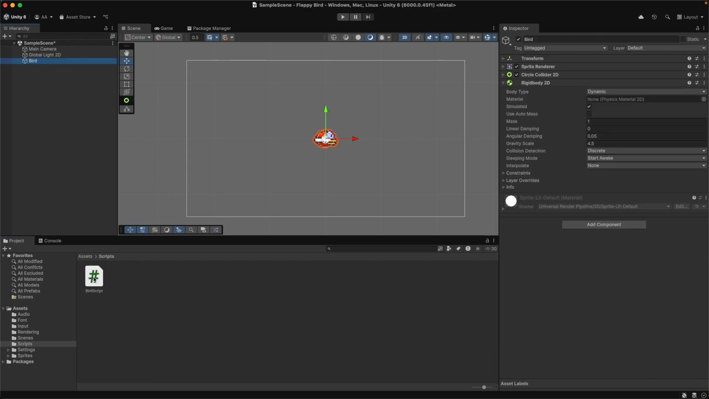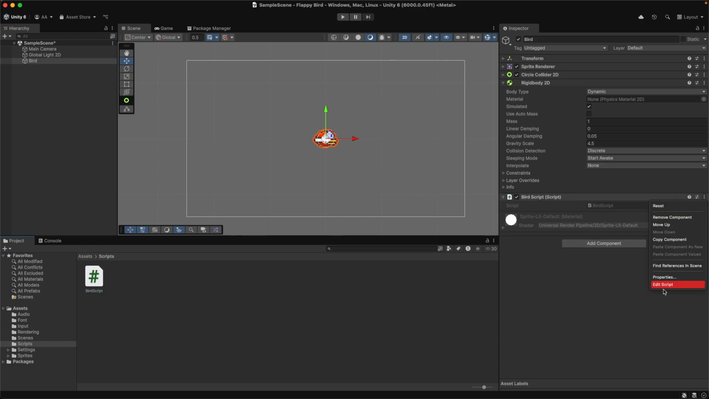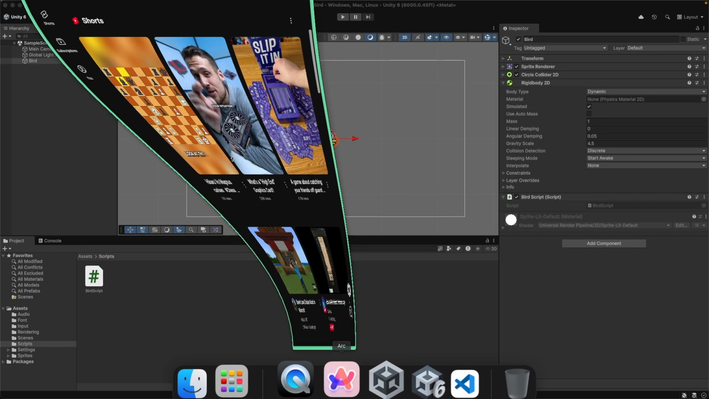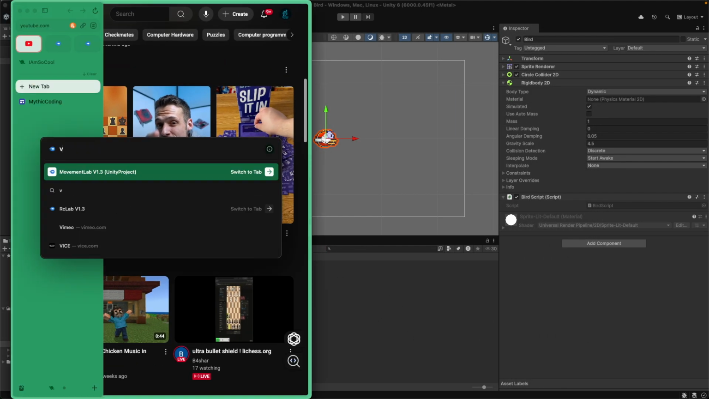Anyways, now that it's done compiling, you can drag this on and it will automatically create a bird script component. Next, click the three dot menu and then click edit script. Next thing that you're going to have to do, because it won't open in VS Code, is go into your browser again and search up VS Code